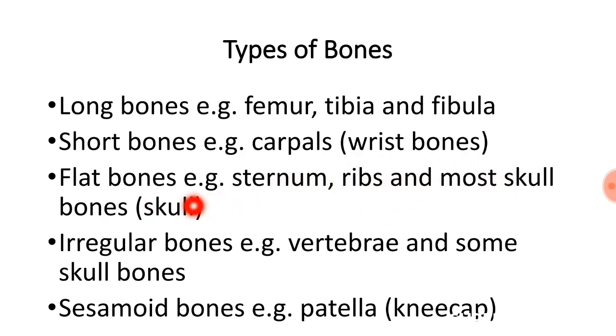Most skull bones are also flat, and also we have irregular bones, the vertebrae and some skull bones, and also we have sesamoid bones like the patella. So these are the 5 types of bones. We have long bones, tuna mifupa mirefu, we have short bones, tuna mifupa mifupi, and also we have flat bones, mifupa ambayo iko flat, and also we have irregular bones, mifupa ambayo haina shape maalum, and also we have sesamoid